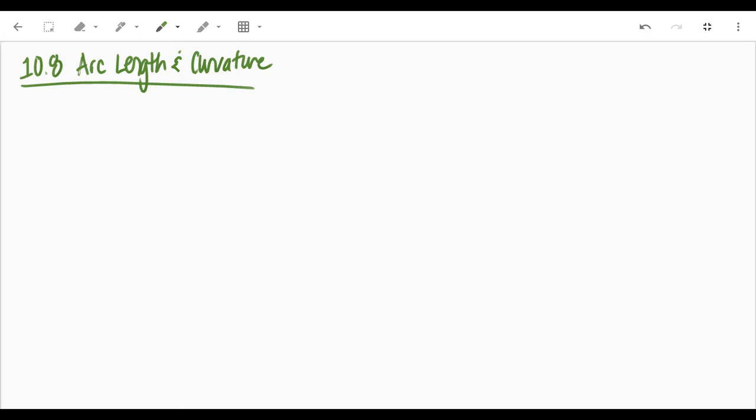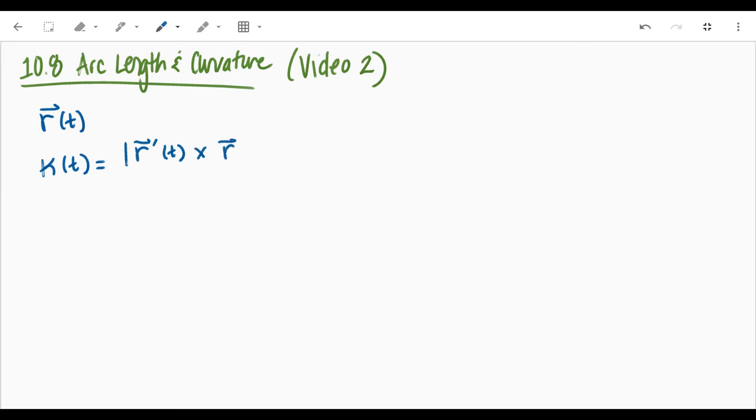All right, continuing with arc length and curvature. Okay, we have another formula for curvature. So the next one here is if you have r of t again, your curvature is a function of t, can also be the magnitude of r prime of t crossed with r double prime of t, over